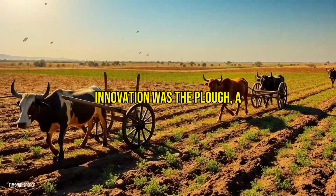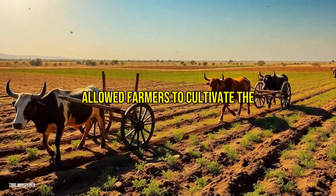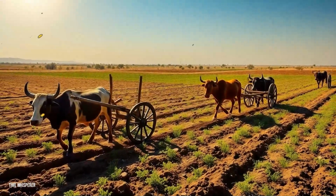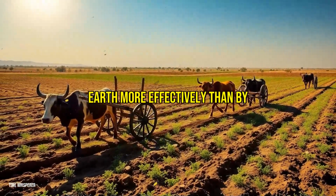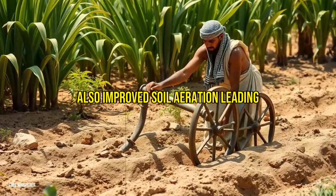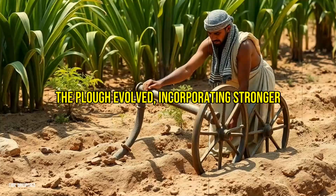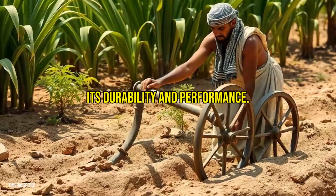At the heart of this innovation was the plow, a simple yet revolutionary tool that allowed farmers to cultivate the fertile soil of the Nile Valley with unprecedented efficiency. Early plows were made of wood and pulled by oxen, enabling farmers to till the earth more effectively than by hand. This advancement not only increased the speed of planting but also improved soil aeration, leading to healthier crops and higher yield. Over time, the design of the plow evolved, incorporating stronger materials like bronze, which enhanced its durability and